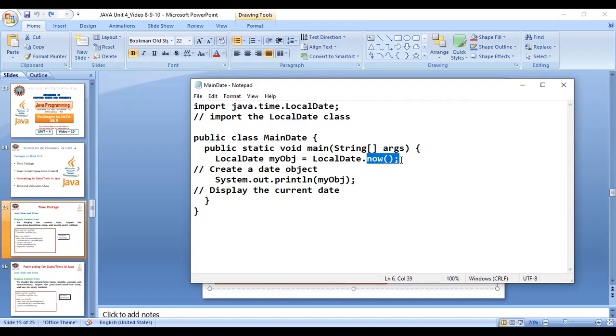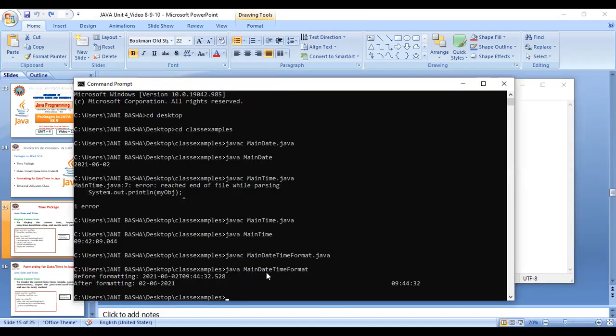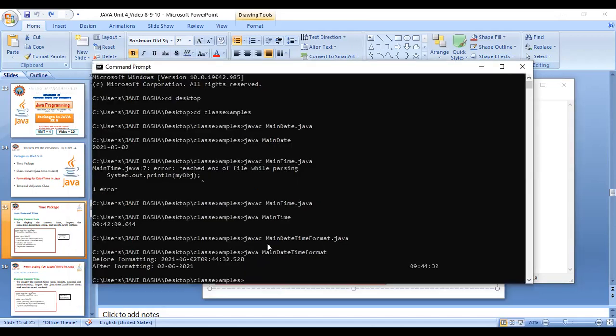It displays the date and time present in the system. So simply we are printing my object, System.out.println(myobj). Now it will display the current date of your system and your local date. Here I have executed the program already.